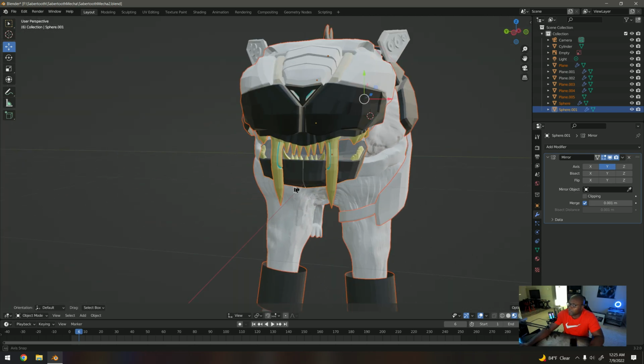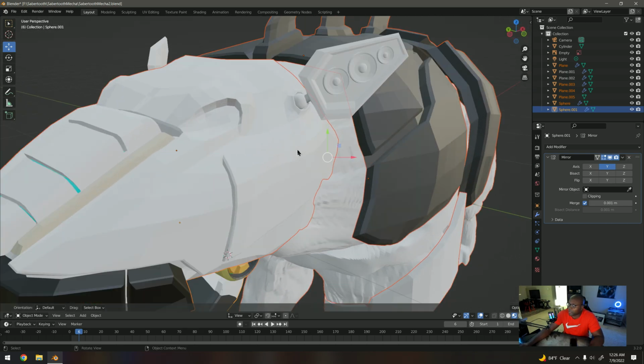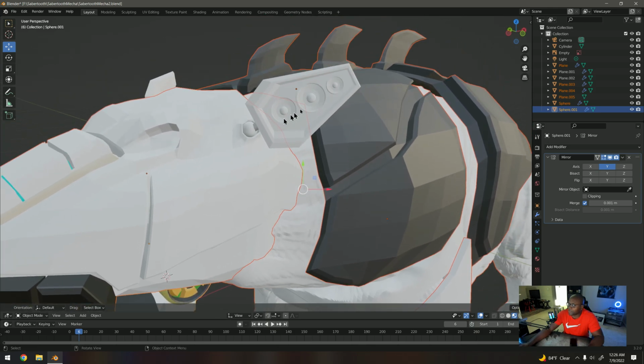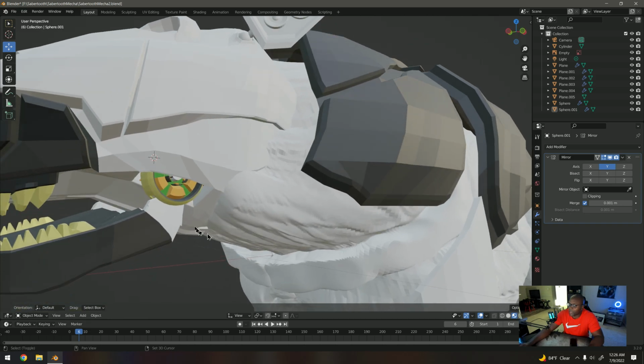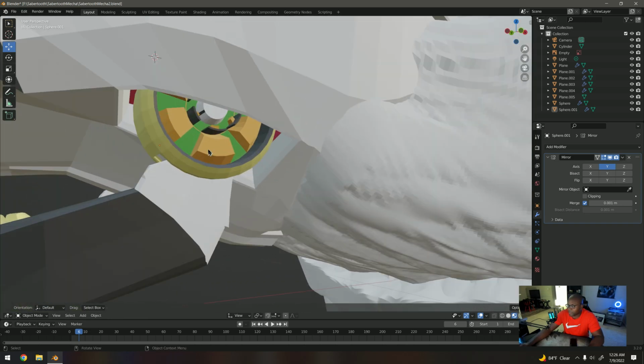So yeah, but anyway, I'm pretty happy about what I got. I decided to put actual speakers in his ears, so they didn't look like this at first, and I did this part down here, so let me explain. So this right here,